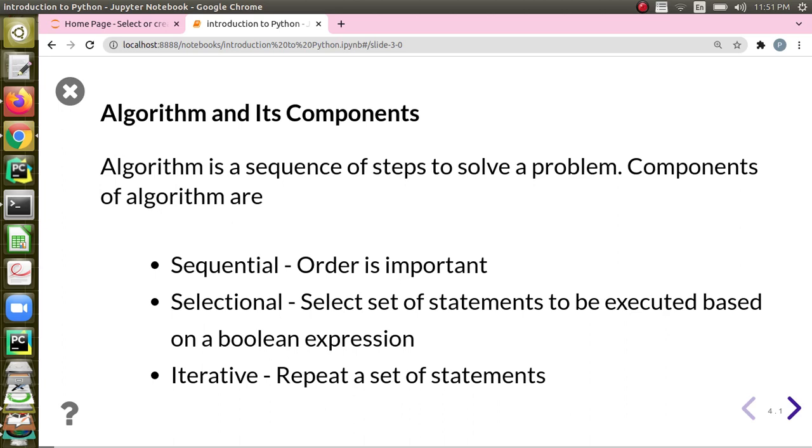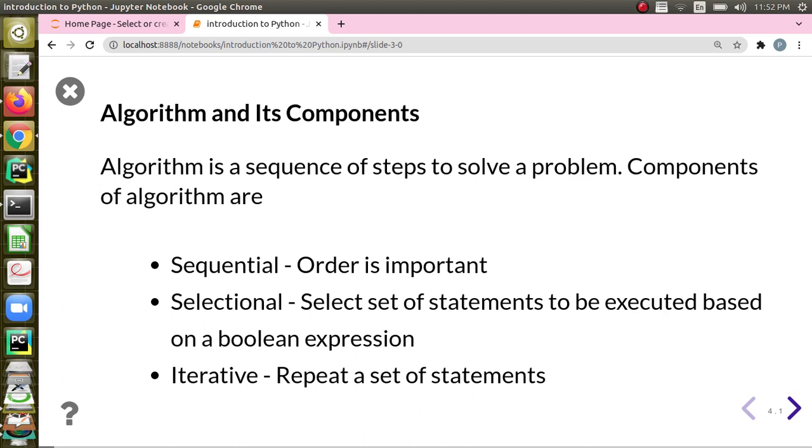Algorithm is not just a mathematical or computer science term; rather it is a term in everyday life that we follow. For example, when you want to get ready and go to the college, right? So you will be following an algorithm.